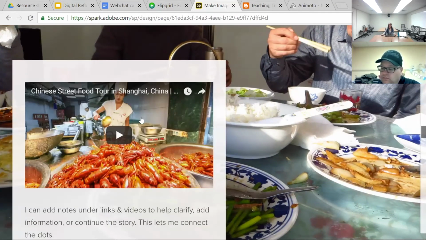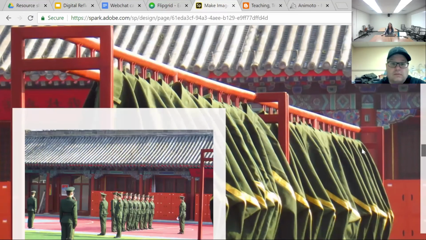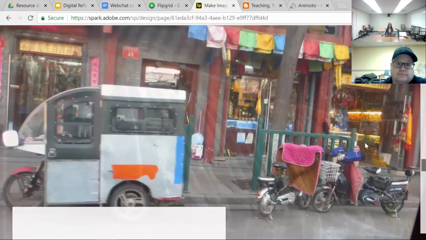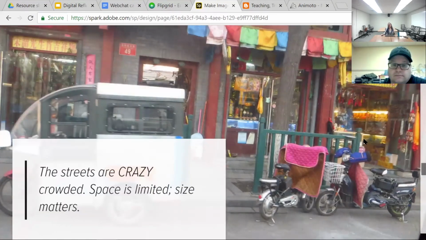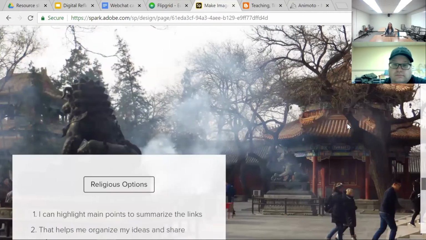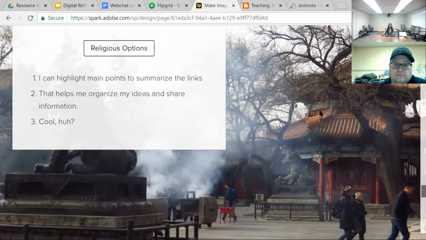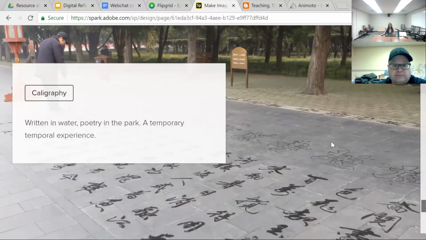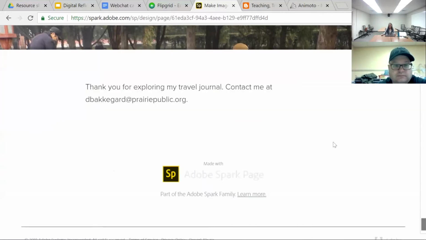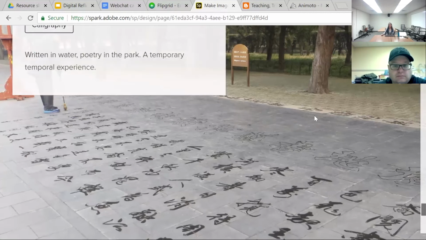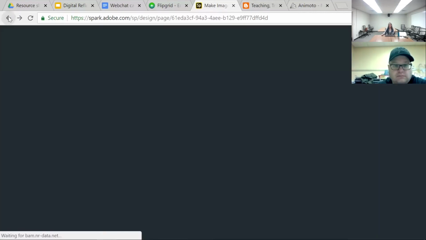I can embed little videos over images to tell stories about food. So again, it was easier for me because these were all photos that I have, but I can scroll through the photos with this. You can link, add comments. So a lot of different things that I could explain, explore, or do with Adobe Spark and the